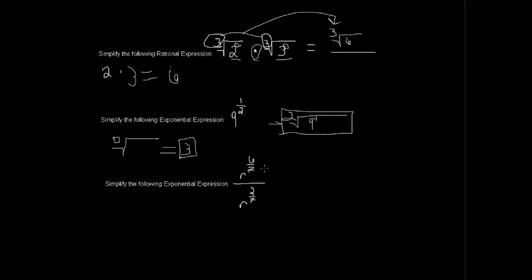Finally, down here, I have another exponential expression. This one is different because it's a fraction, first off, and second off, it's got its own exponential fraction on top of that for each side. This looks big and scary, but let's break it down some. If you remember from the last video, when you're dividing exponents, you're just subtracting them. So that really is just r to the